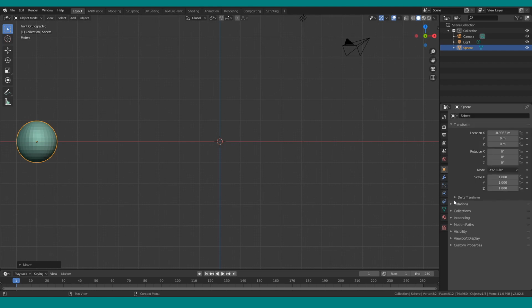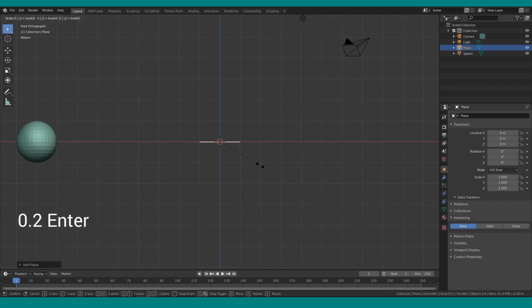Go to Object Properties, Instancing, Faces and click on option Scale by Face Size. What it means is that object we're gonna add is gonna be bigger on bigger faces of sphere and smaller at the top. Now just add plane we're gonna use, scale it by pressing S and 0.2 on keyboard and